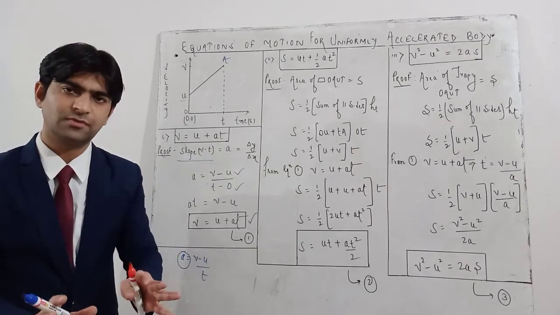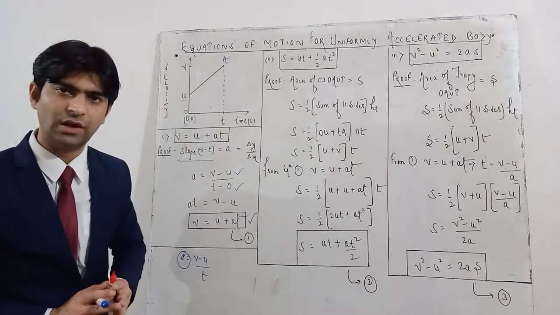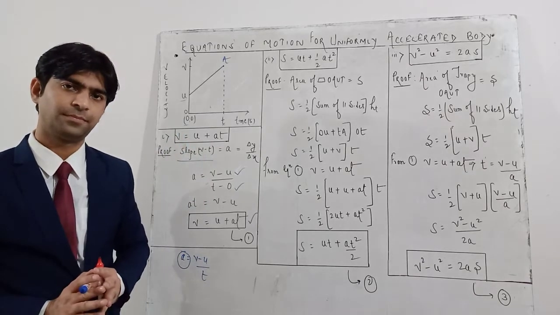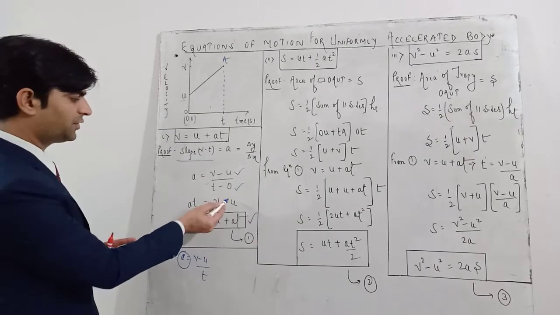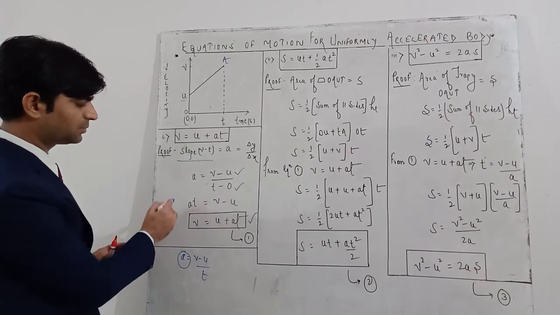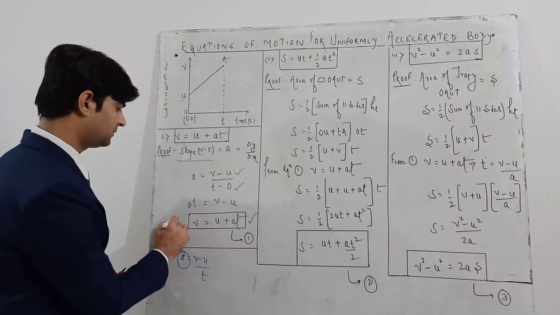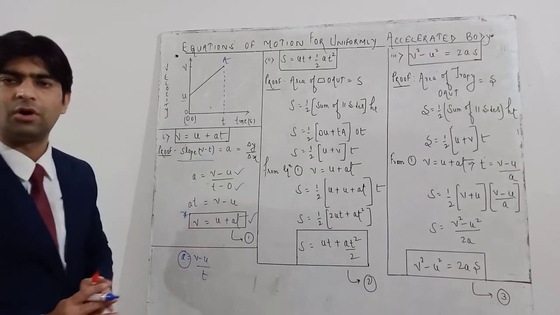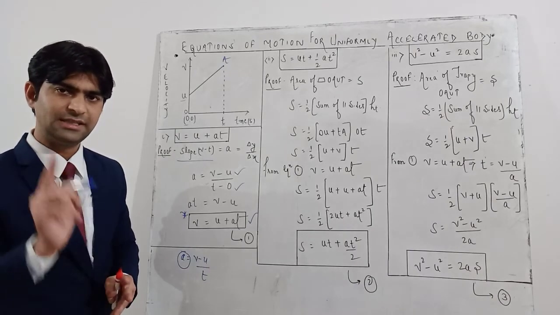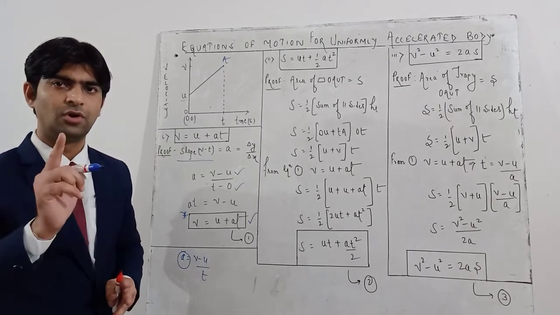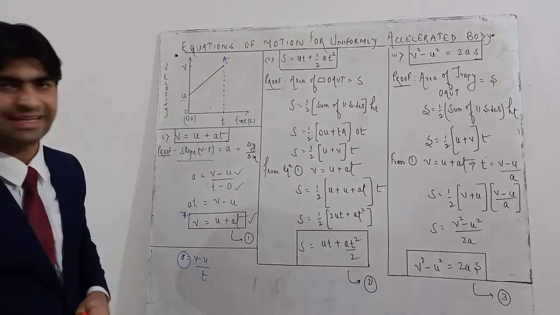So the basic concept for the first equation is that you have to find the slope of this velocity time graph. This is the first equation, V is equal to U plus AT. You shift U to this side, so it is negative, it becomes positive, and you get V is equal to U plus AT. This is the very first and very important equation of kinematics. Again and again I am repeating, these equations are valid only for a body having uniform acceleration. Now let us come to the second.